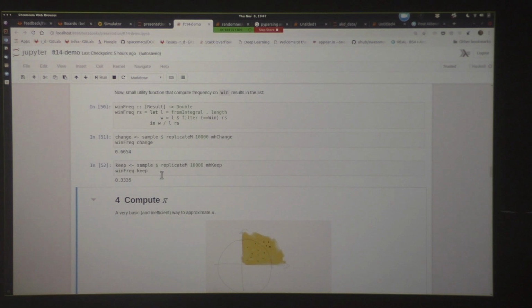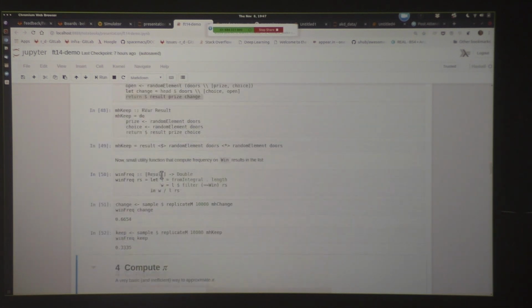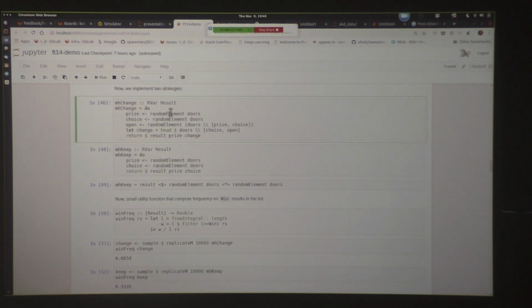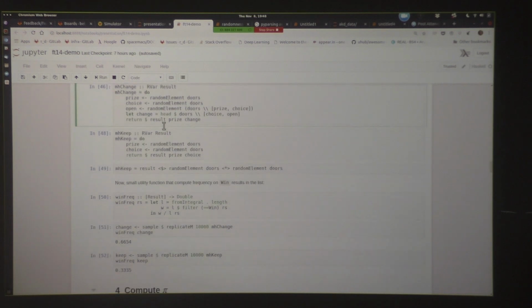But how do you know what is the distribution in that case? I mean, we assume that the prices are uniform. Yeah. But was it somewhere there, like implemented as a uniform distribution? Random element. It randomly chooses element from the list with uniform distribution.